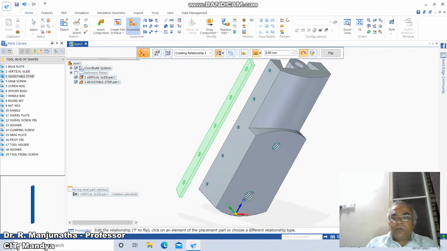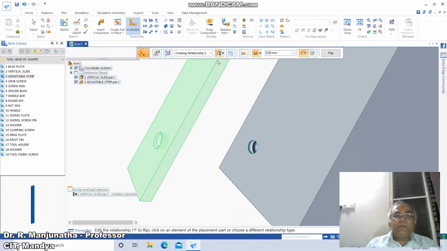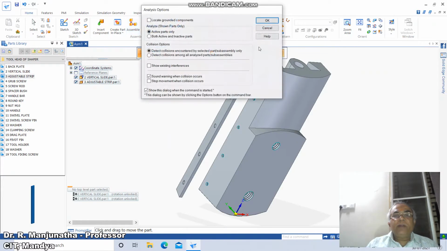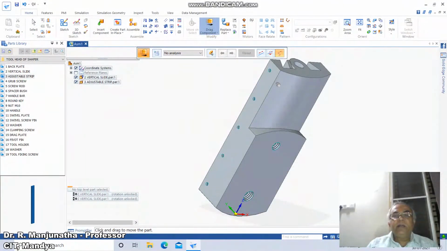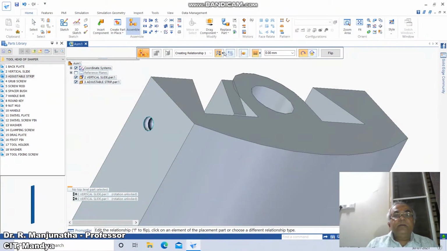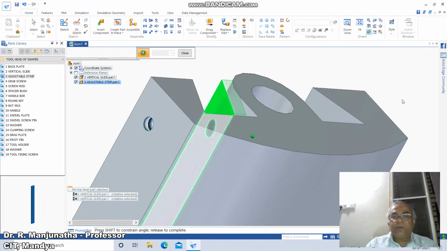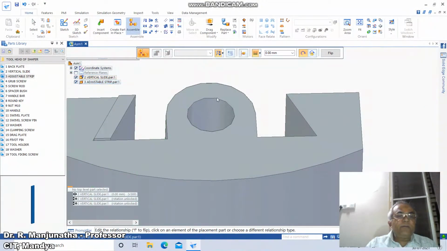Again you come down to zoom window, then go to assemble, click on flush fit again, click on this axis with reference to this. Once you do that, go to fit, then drag the component, OK, then it will move to this side. Then come down to zoom area, then rotate, then go to flush fit. So click on flush fit, click on this. So you rotate this with reference to this side and fit it.